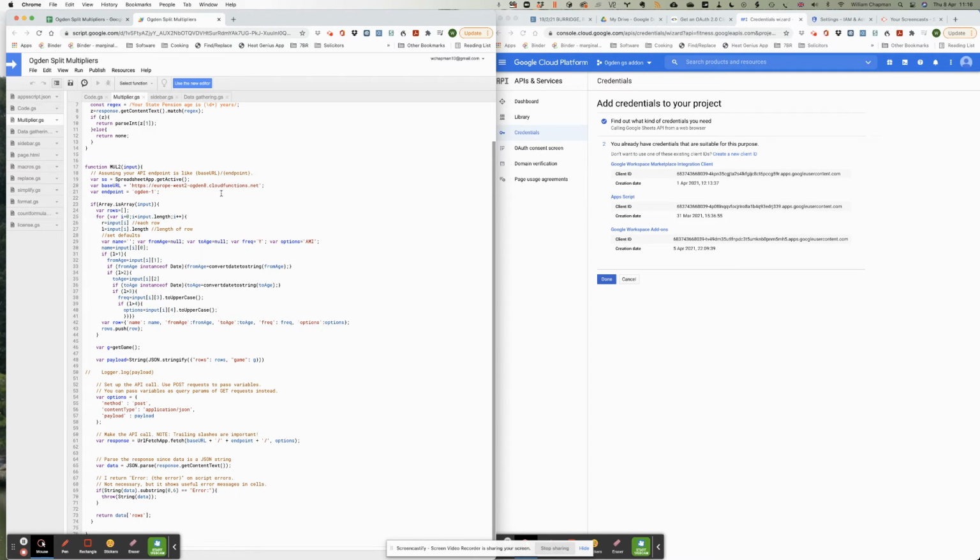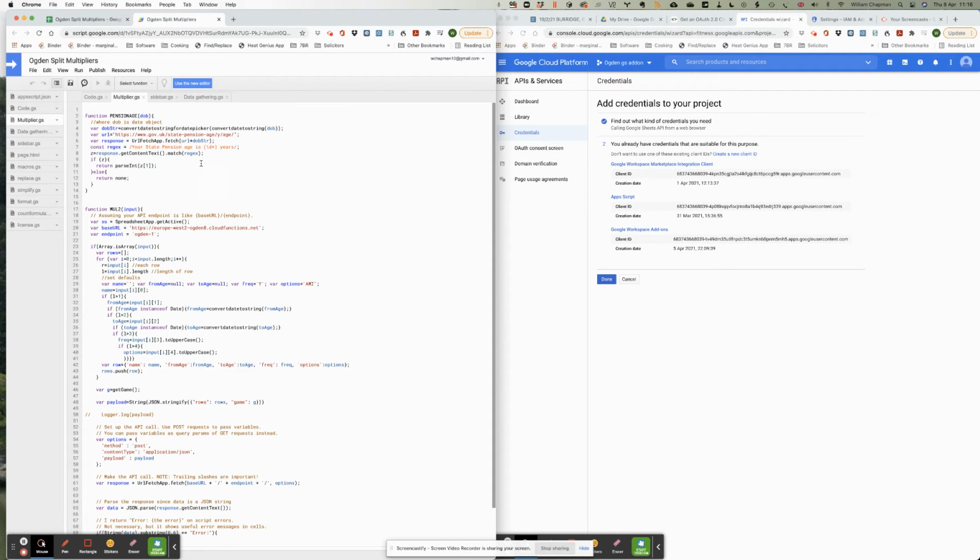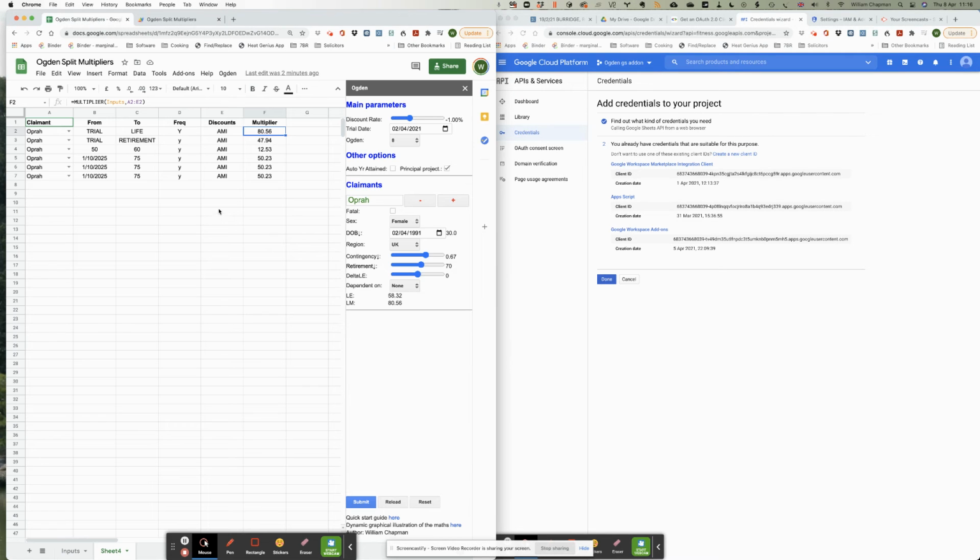The other external request is to a government website to get the state pension age, which is this URL here. The response is parsed and the result is returned here. And so that's another user function. So if I type in pension age and I put in the date of birth,